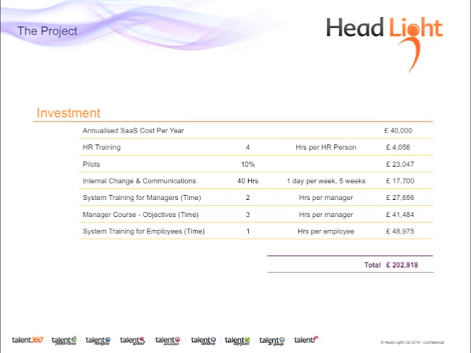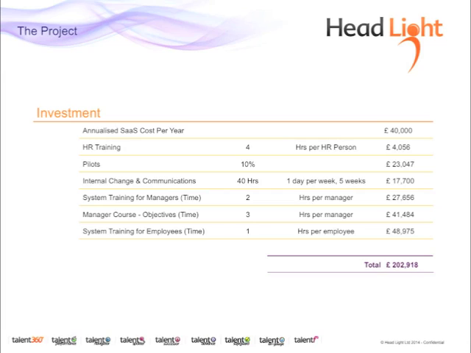And also not forgetting the amount of time that we really want to be investing in managers to help them exhibit some of the performance management type behaviours that we're looking for around understanding what SMART is if they don't, understanding the benefit of a team objective and perhaps when they should introduce one, understanding the implications for cascading goals and why that's important, and also looking at the system training for employees to make sure that they are undertaking the kind of things that they need to be doing, as well as understanding what's in it for them, which will often come out of the internal change and communications part of this.